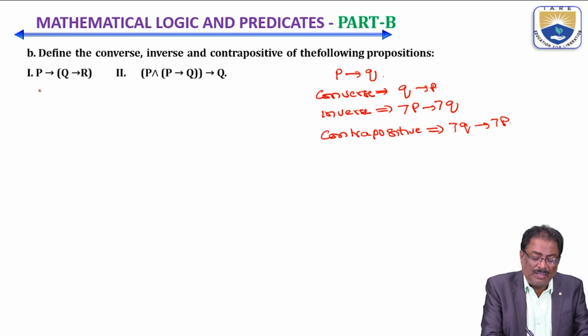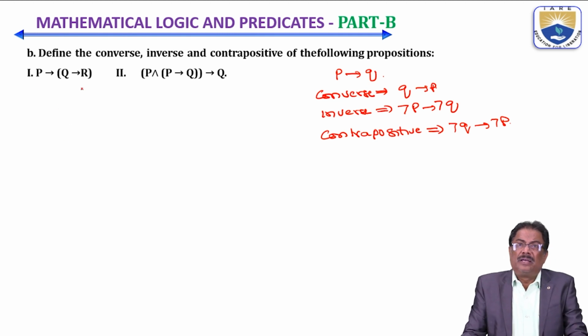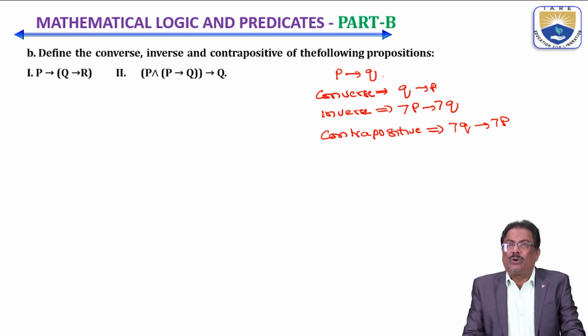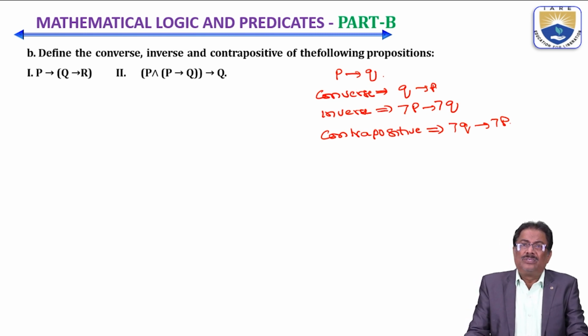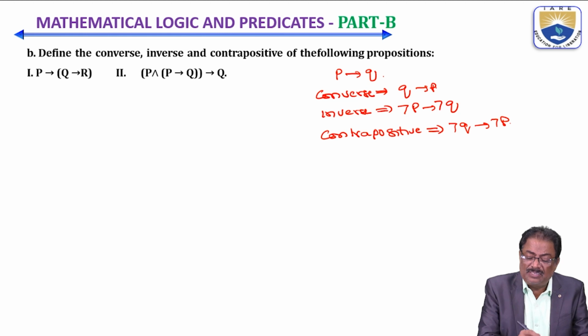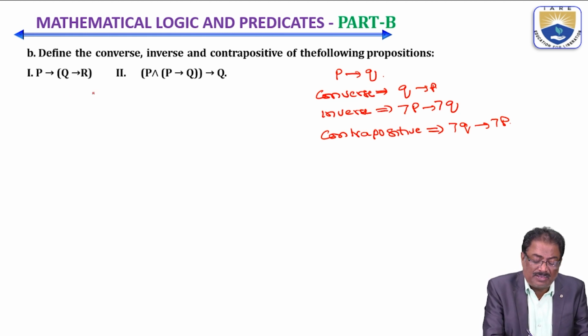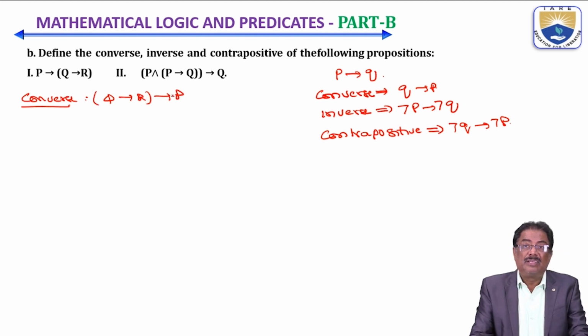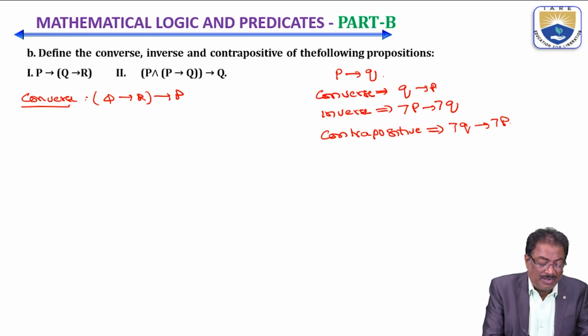Now, let us go for the first one. P to Q to R. So while we consider this, the first conditional, if I take the converse, then what are we going to get? Q to R, then P. This is the converse. Then if you consider the contrapositive,